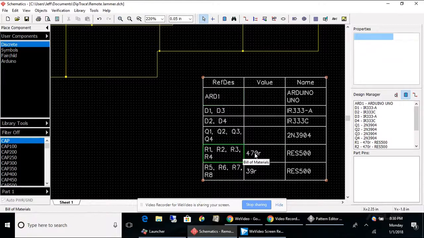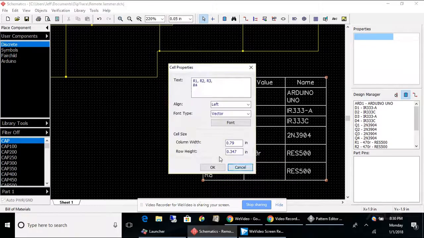Okay. Now this row here, you could see that it put the R4 down here. Same with the Q4 here and the R8. That can be changed as well. So if I just click on, well, let me pick this one first. We'll do this one right here. What I could do is